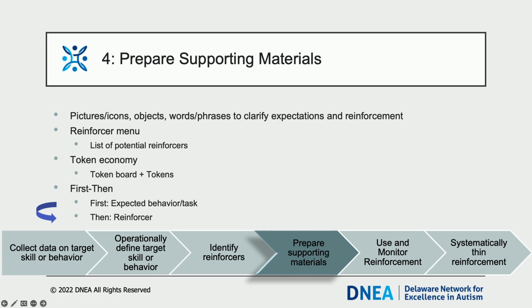It is very important to note that you need to explicitly teach the token economy and adjust for the student's developmental level and target behavior. For example, the first time a token economy is introduced to a younger child, they may just start with earning 1 token before cashing in for the terminal reinforcer, and then you build from there. Another supporting material is a first-then visual. It is a similar concept to a token board, but works well for students who aren't ready for a token board because their reinforcement is more immediate.